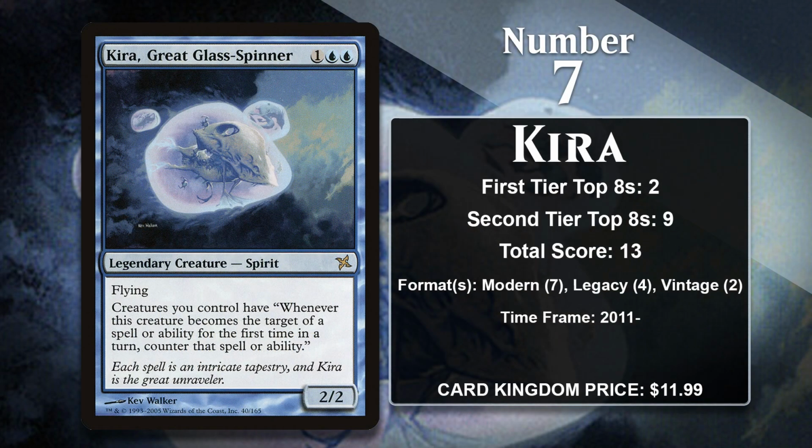At number 7, it is Kira, Great Glass Spinner, a 3-mana 2/2 flyer that makes it a lot harder for your opponent to kill your creatures with spot removal. Kira makes it so that the first spell or ability that targets one of your creatures every turn gets countered. This means that typically if your opponent wants to kill one of your creatures with a targeted removal spell, they have to 2-for-1 themselves. And in the meantime, Kira can put her evasive status to good use by attacking your